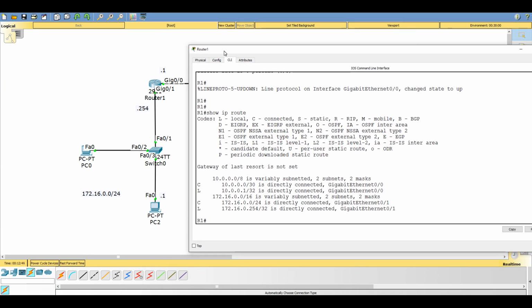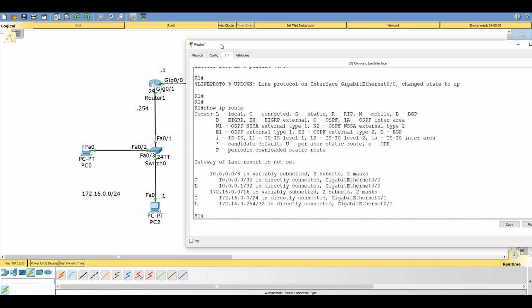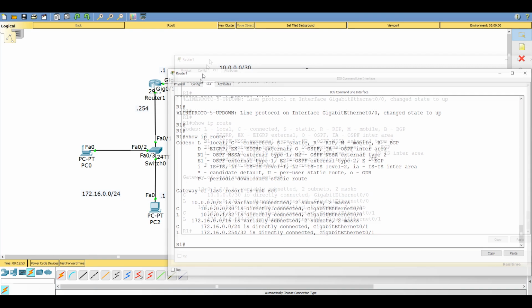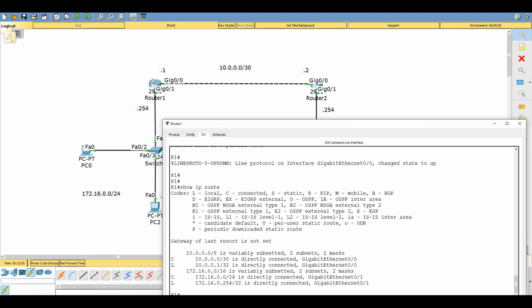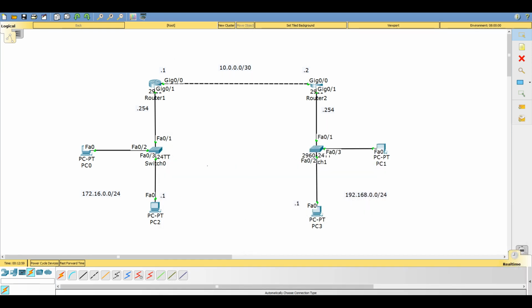Now in order for a static route to be true, it needs to be able to recurse to the next interface, or recurse to the egress interface. So what I mean by that is if we were to do a static route on router 1, point it to router 2, but this link between the actual two routers were down, then the static route will not work. It will be in the running config, but it will not be installed into the routing table,